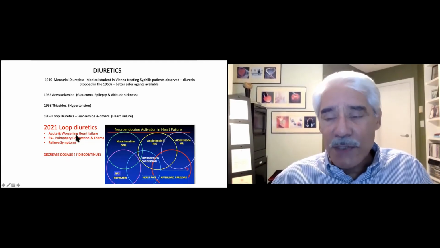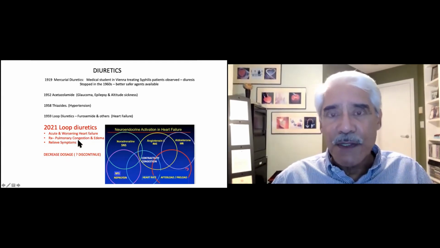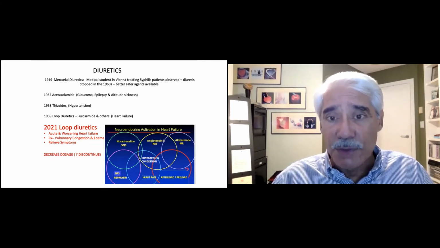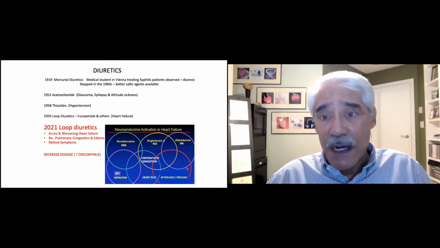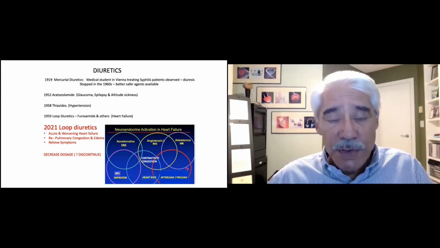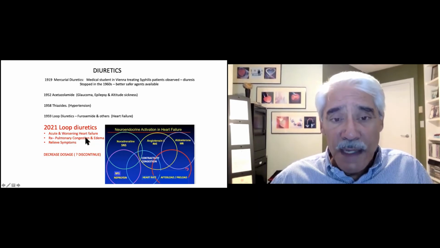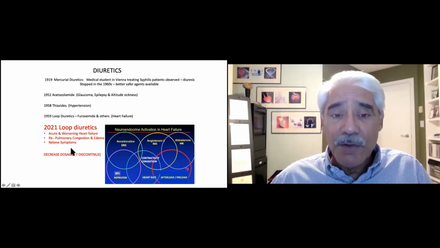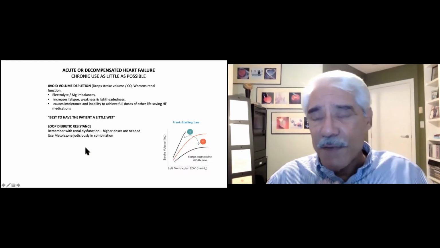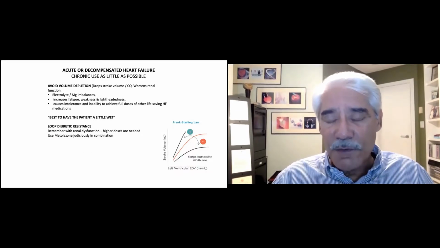And they are most helpful in situations where there is acute heart failure, decompensation, and pulmonary congestion. And in pulmonary edema, the use of loop diuretics is extremely crucial and improves the outcome of the patient by clearing the edema from the lungs. So they have a role in the acute setting, and they have a role in the chronic setting. But in the chronic setting, it is very important to be careful with the use of